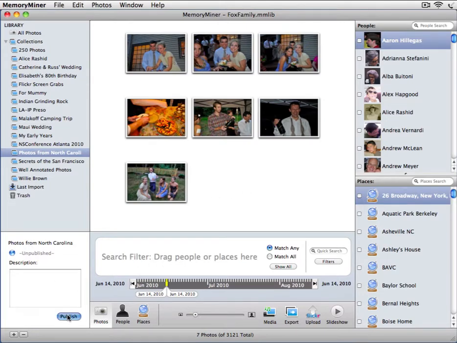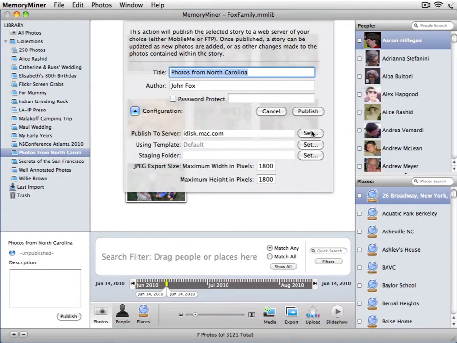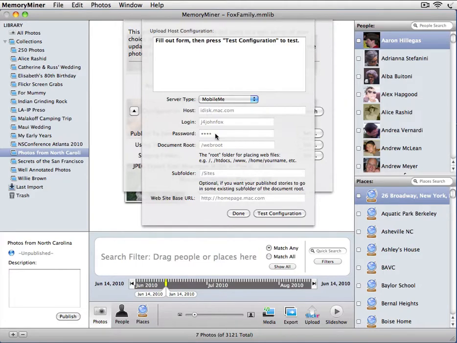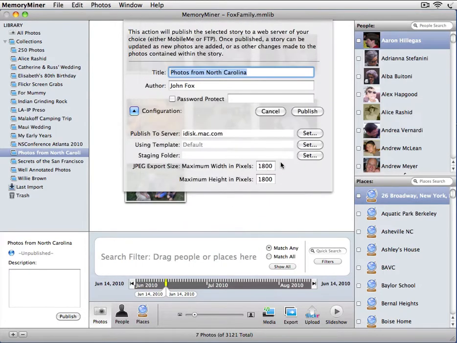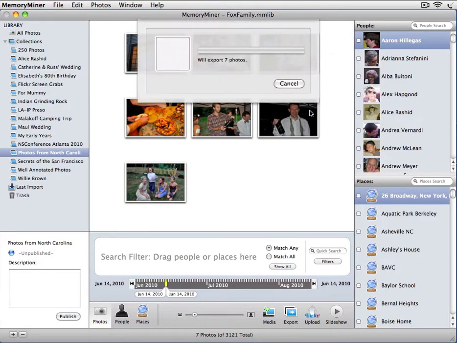Now, if I want to publish this collection, I click on the Publish button. We'll have a quick look over here at the configuration. You need to publish to a web server, and the very easiest one to use is MobileMe. If you're a MobileMe user, you don't really have to do anything other than tell it that you want to use MobileMe. So I can close the configuration button, click the Publish button, and what it's going to do now